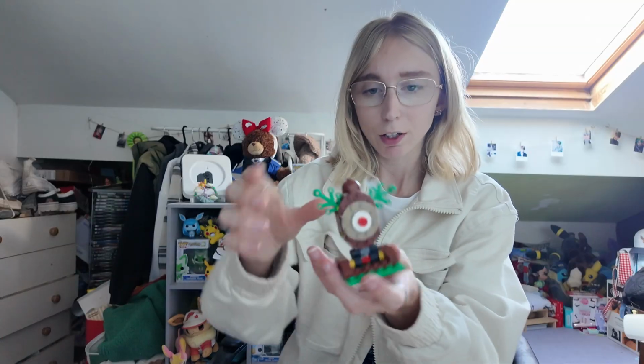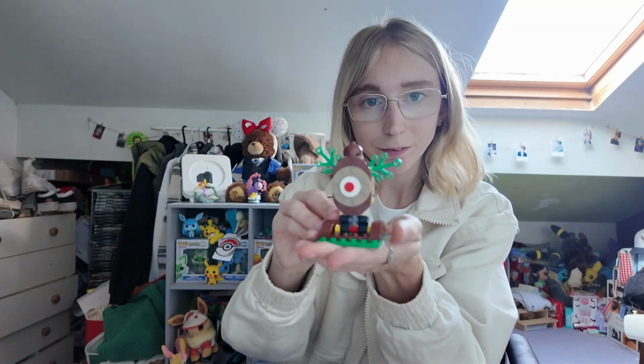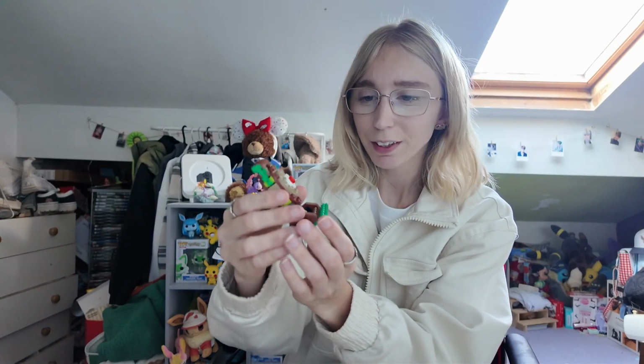We've got little bags to put them in, thank God, to keep them in peace. So it's a bit like a target. Really cute. So I built that. And then I built